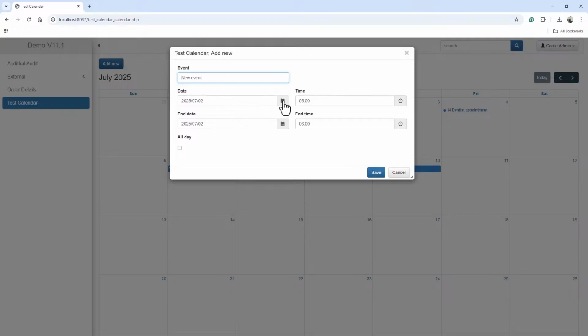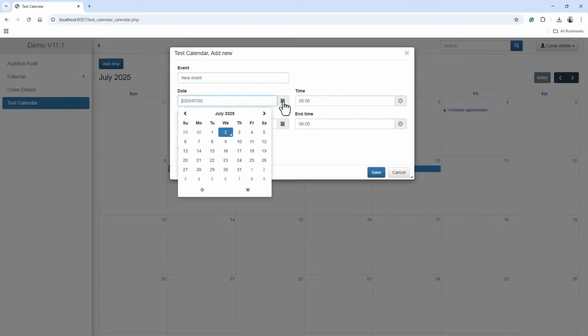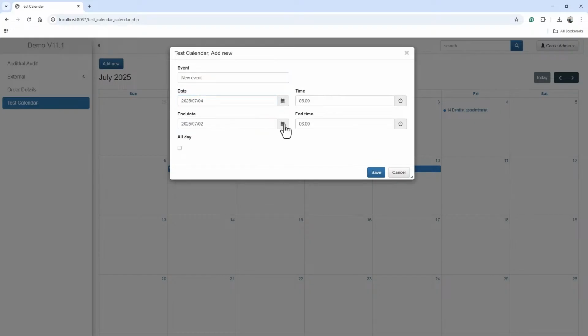Okay, let's change the date. If I click on a date to Friday, let's see the time. Let's test the time picker. You see, I'm not sure if this is now in 24-hour format or what. Let's just see quickly. Yes, it is. So let's make it 1300, which is 1 o'clock.